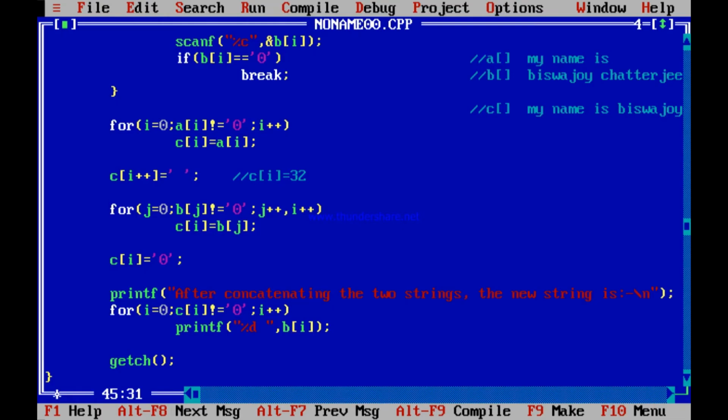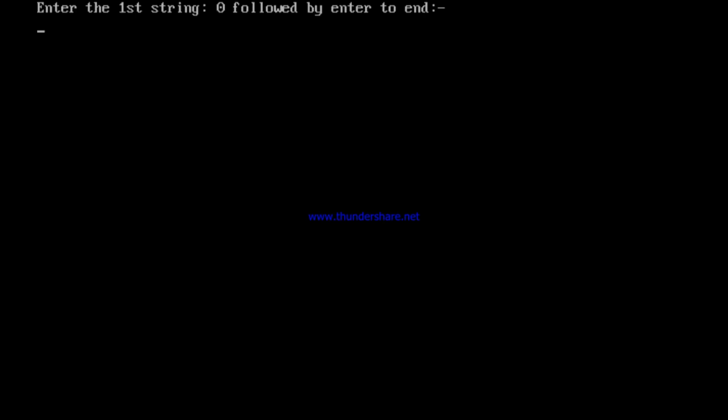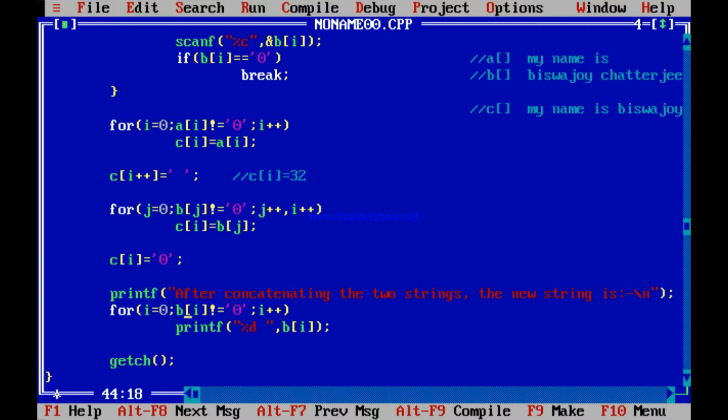And see, this is okay, Ci not equal to 0, this should have been Bi not equal to 0, that's why some extra printing were there. You can just run with Bi and find out that it is okay. But yes, it starts with a 10, that is, it starts with an enter, then name, then 0. See, name was printed, suddenly it started with 10. Why is the second string starting with an enter? 10 firstly, then name: n is 110, a is 97, m is 109, e is 101. But where from did this enter come in? It never happened.